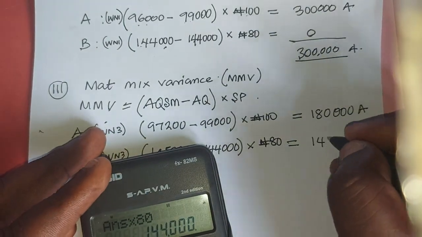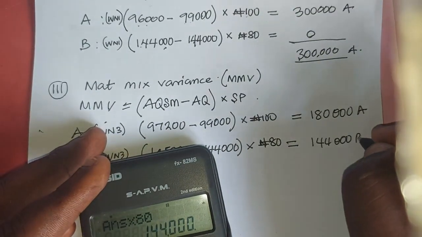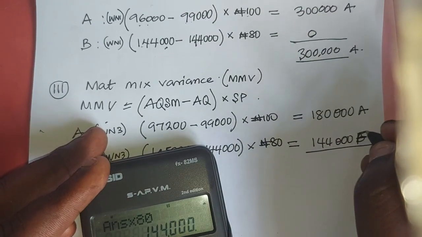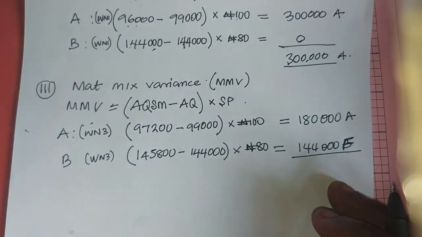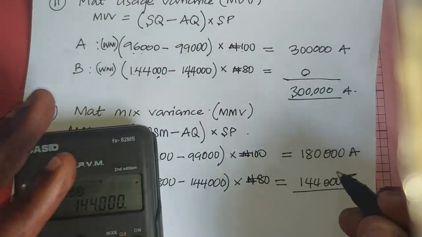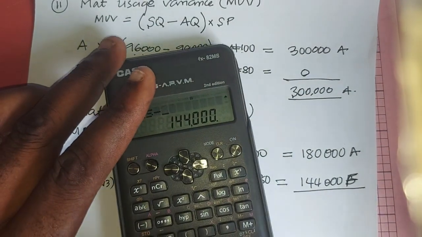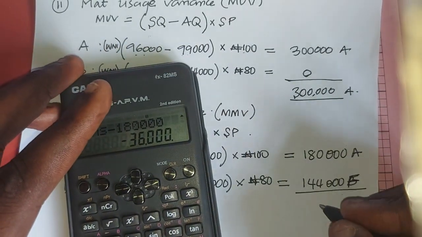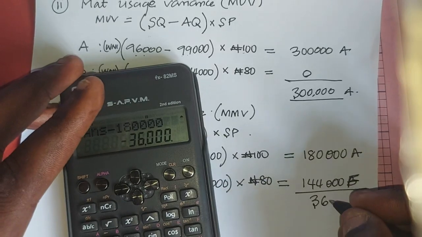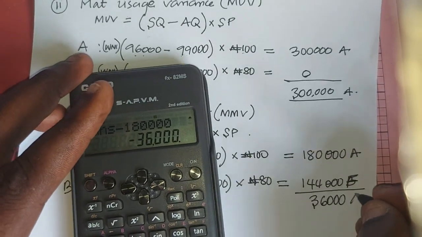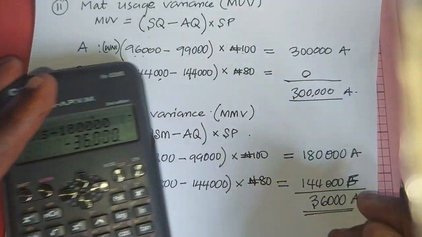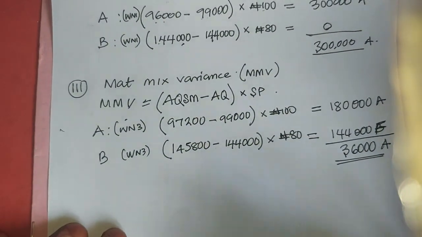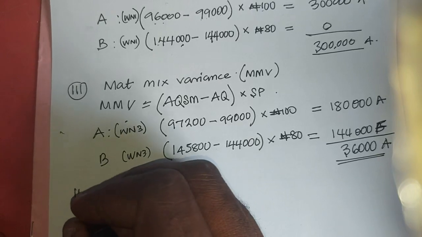This is 144 favorable. So when you subtract this, it is 144 minus 180,000. That is 36,000 adverse. Then we need to calculate